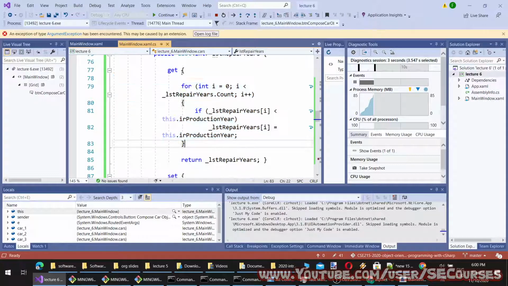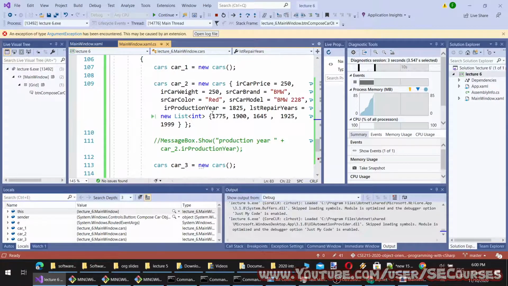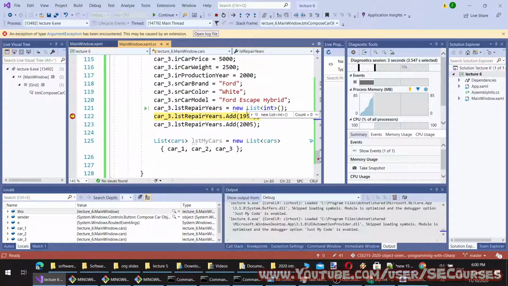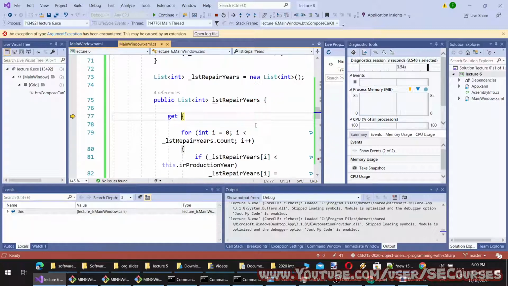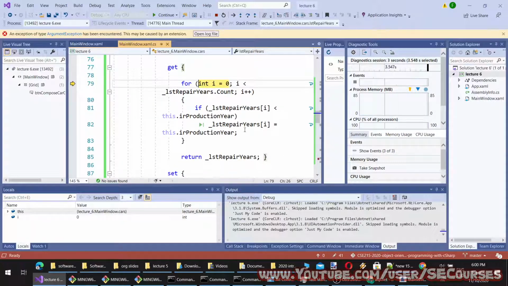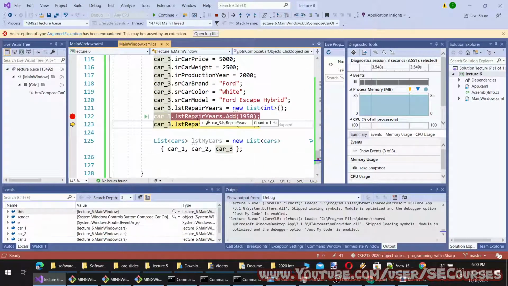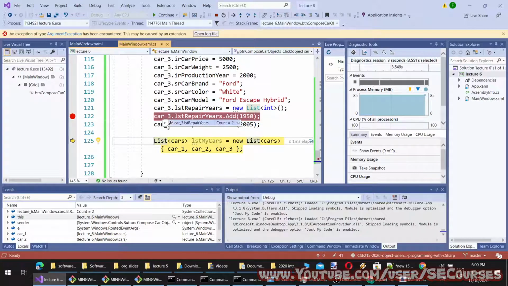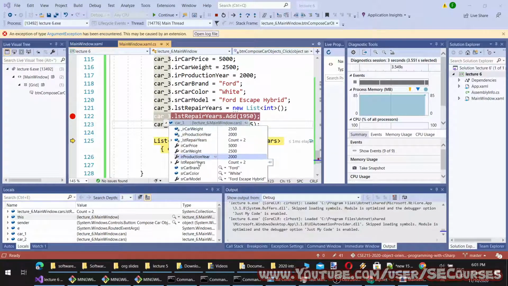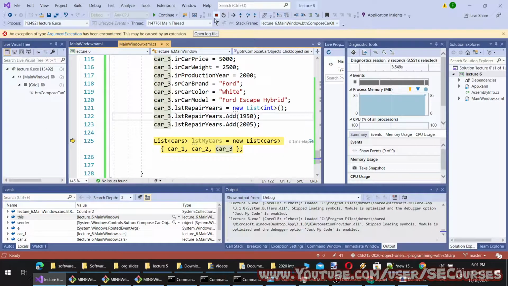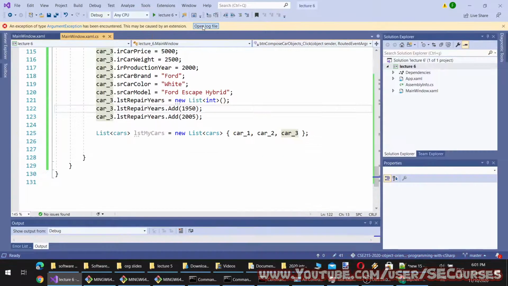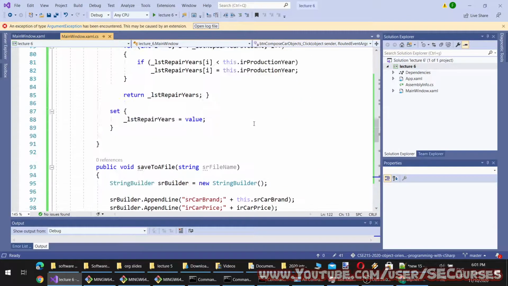Whenever the get method is called, and it is called every time we call add, it is iterating through every object inside the repair years and setting it if it is lower than the year. Okay, it is working, but I wouldn't say this is the most efficient or proper way, but it is working.